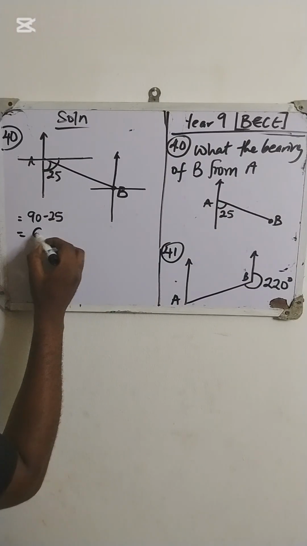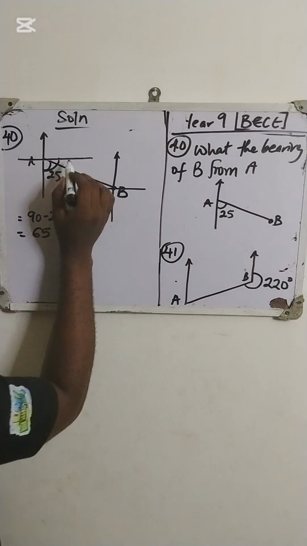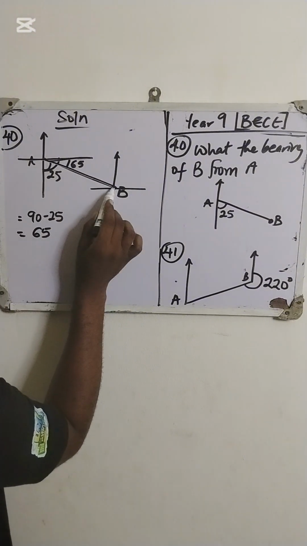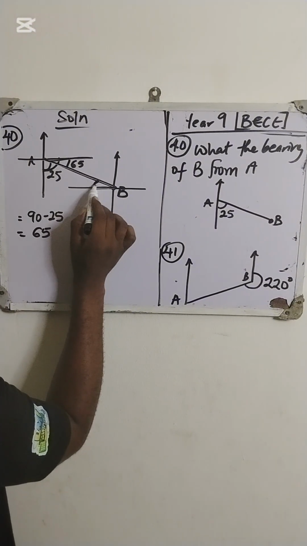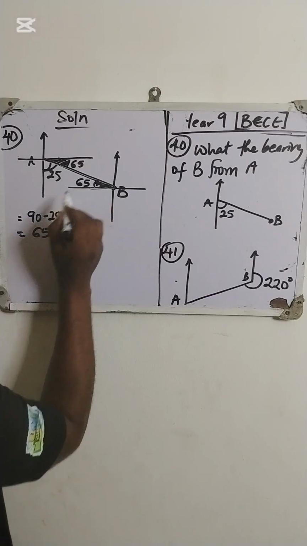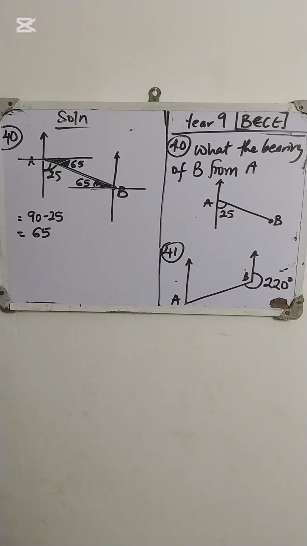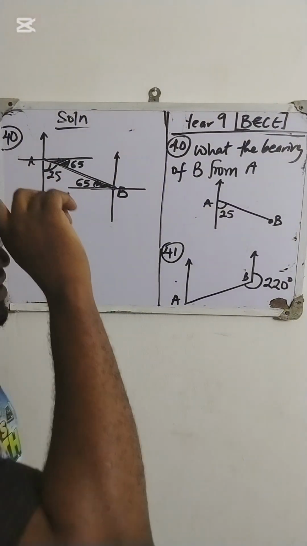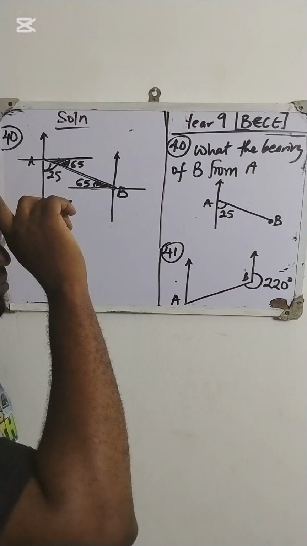That will be 65, yeah? 65. So that means here, the remaining is what? 65. Now look at this Z angle. This makes here also what? Can you see it? This is also what? 65. Right? Good. So once we know that is 65, when we find bearing, we move from the north and